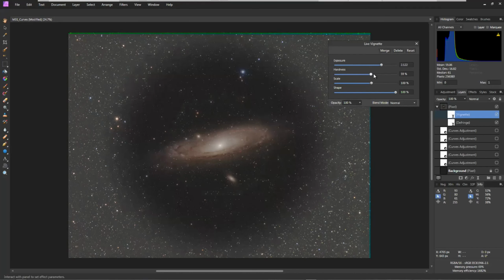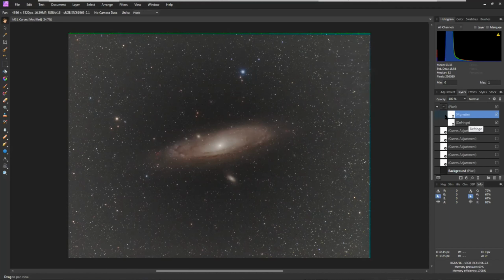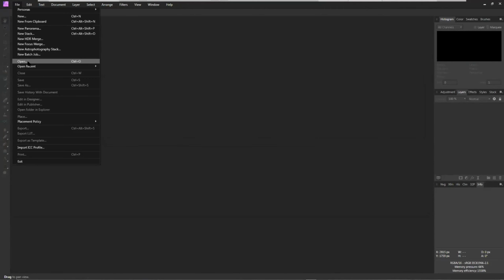The hardness is how sharp that transition is. And scale is doing something similar. So anyway, it's just a nice tool if you didn't get flats and you're trying to clean your image up. So these are just sort of the tools. We'll get into the layers and some of the magic stuff now, because I learned something today from that link Steve posted in the chat here. That was pretty slick. So let's go look at,